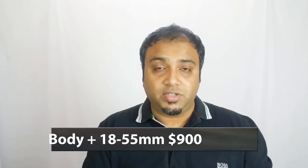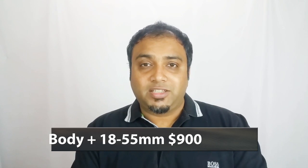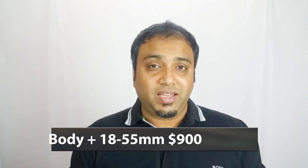Now this is available in body only and with an 18 to 55mm lens. When I checked the official US Canon site, body only wasn't available. Along with the 18-55, this one costs about $900. In India, the body only is available and costs 57,000 Indian rupees, and with the 18 to 55mm lens